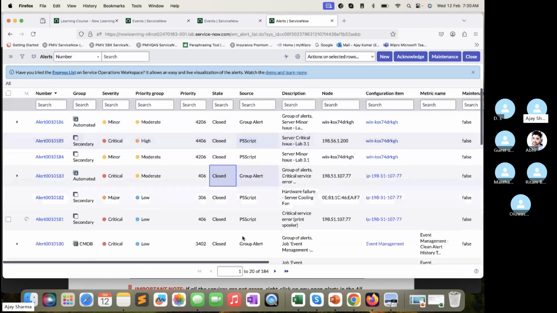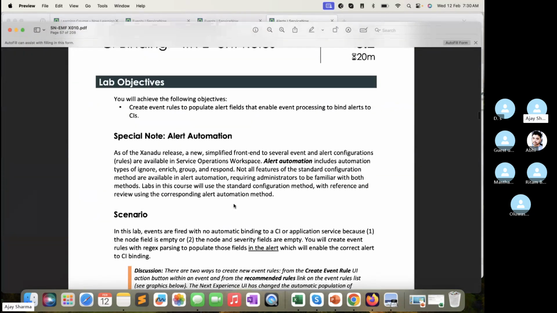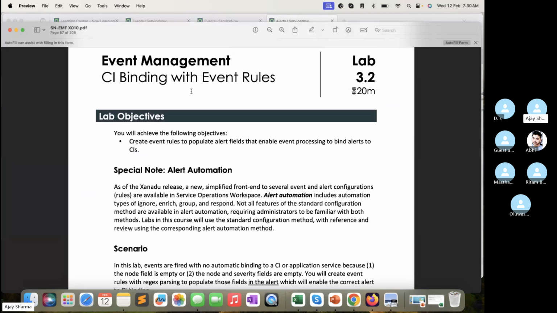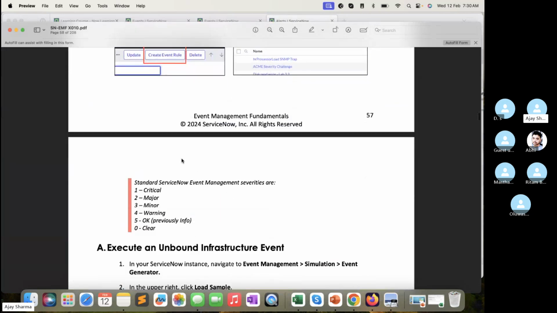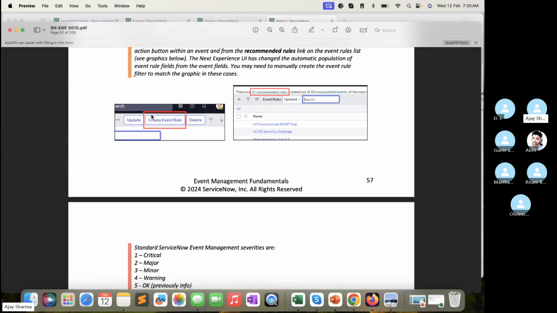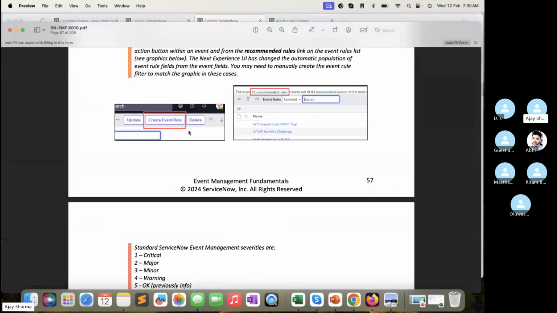Okay, now let's move to the next thing, which is CI binding with event rules, right? So basically, you can see that they are also showcasing on every event we have a create event rule option available. And if you go to the event rule table, you can see there are 21 recommended rules, or there are 83